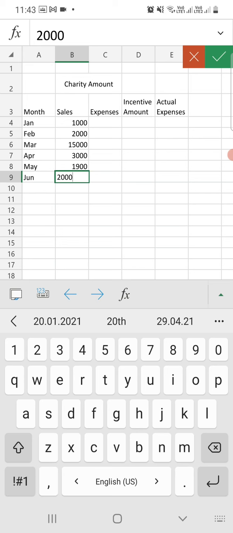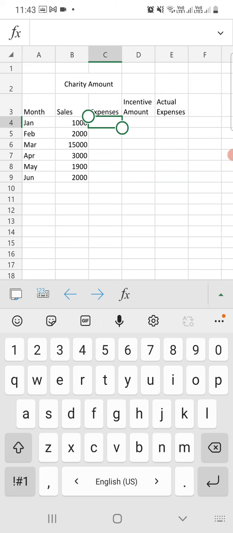Okay, so these are the data given in our book, and the expenses we need to fill up that